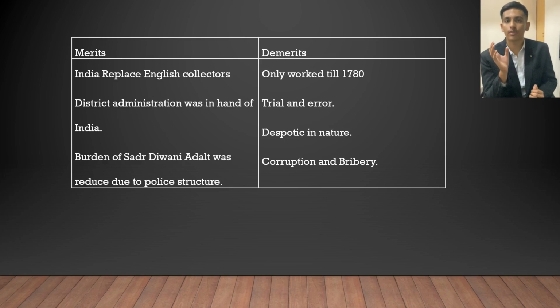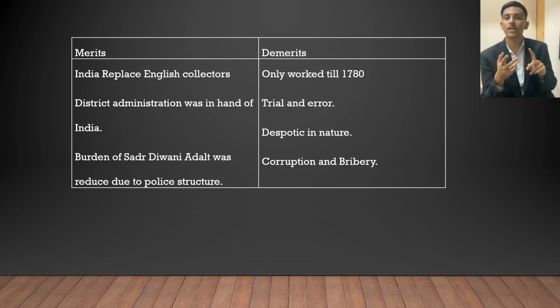So what are the demerits of the plan of 1774? It only worked till 1780 because there was a reorganization that happened in 1780. The plan of Warren Hastings was only based on a trial and error basis. There was no perfect statute or perfect laws that he gave. He was just trying and making errors, and again trying and fixing those errors that he had made before. Again, this was despotic in nature, because the governor and council etc. had the entire power in their hands. So whenever they see that certain things are going wrong, they can change everything.